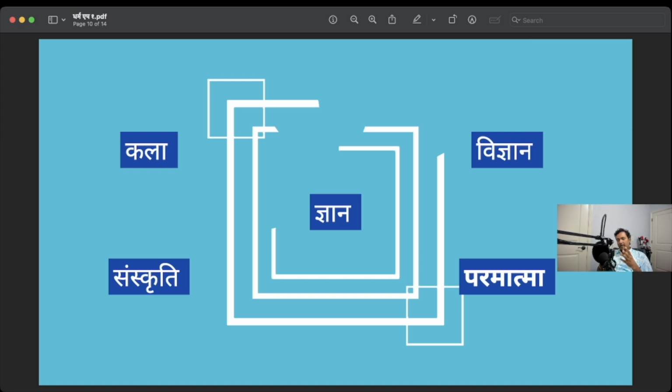Right? Through learning the language alone, we'll be able to learn art, kala, Sanskriti, Vigyan, and Paramatma. Currently, the focus is mostly on understanding Paramatman through language, because that is what has survived the most. The rest has either vanished or diminished. So our focus will be to regenerate the language and the heritage using these prompts, using these generative AIs in Sanskrit. The current work is very fascinating. It has shown a good amount of progress and will continue in that direction.